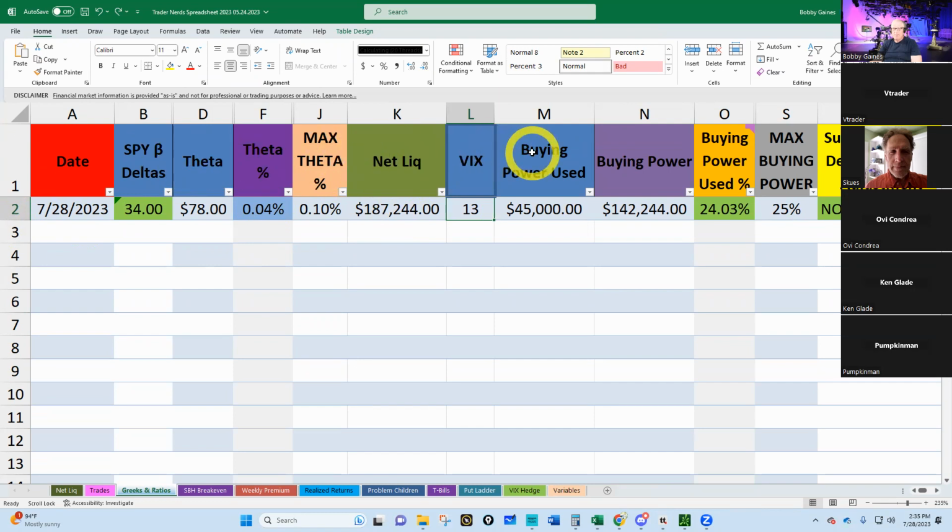Now, some of you may not be able to see the blue columns. So you need to kind of know where these blue columns are. I think if I email you a copy, they may all be blue. So you need to know where you put in inputs: deltas, theta, VIX, buying power. Don't touch anything else. Give you just a second to write those columns down.